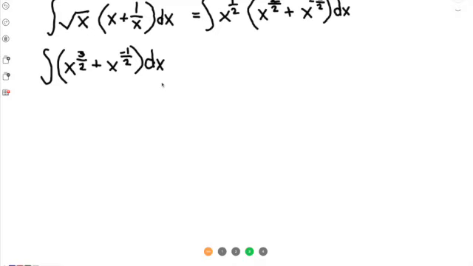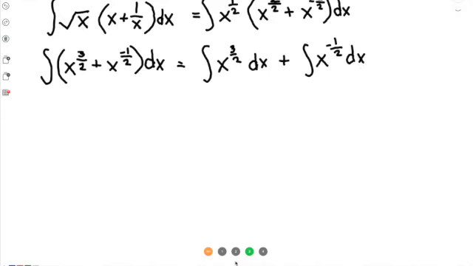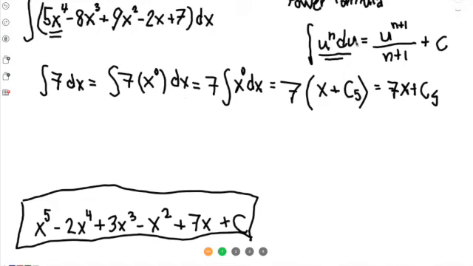So we need to solve the integral of x to the 3/2 dx plus, okay, as individual integrals. And ayoko na isulat yung power formula dito. I hope na sa ulo nyo na siya. Medyo mahirap magsulat. Or balikan ko na lang. Ito, yung power formula natin: u to the n du is equal to u to the n plus 1 over n plus 1. So now,